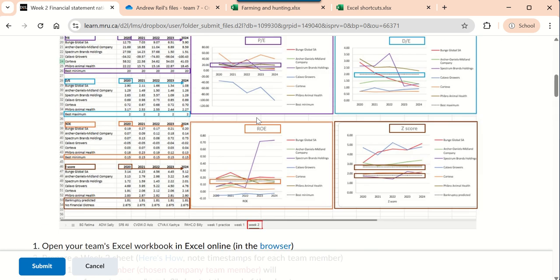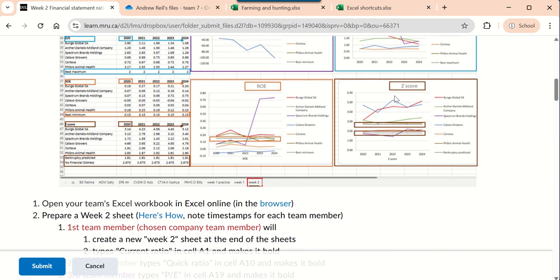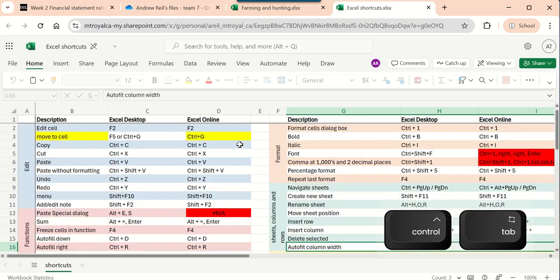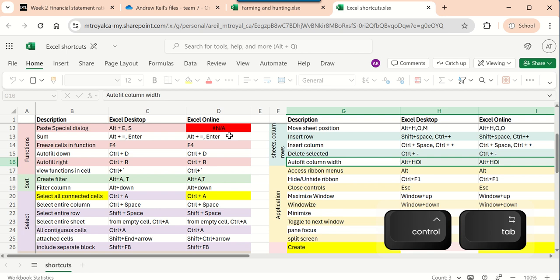Here's what I'm talking about, this chart right here to the right of the ROE chart, and the legend is on the right. Don't worry about the colors of the individual variables. We'll fix that later. But here are the no financial distress and the bankruptcy predicted data in black dotted lines. So the shortcuts that we're going to use are Control G to get to the data, Control